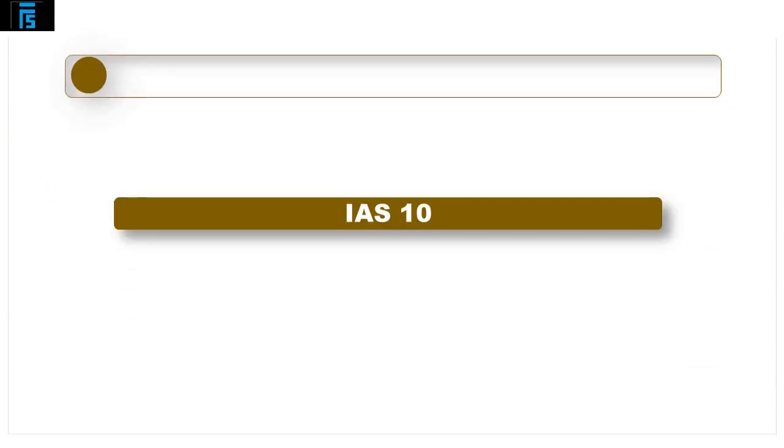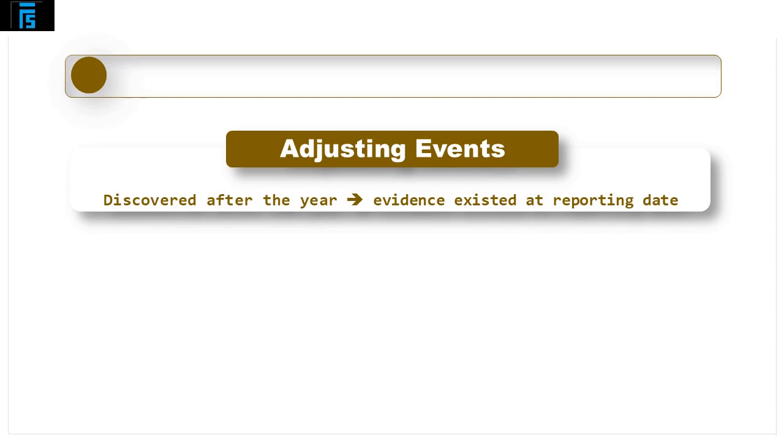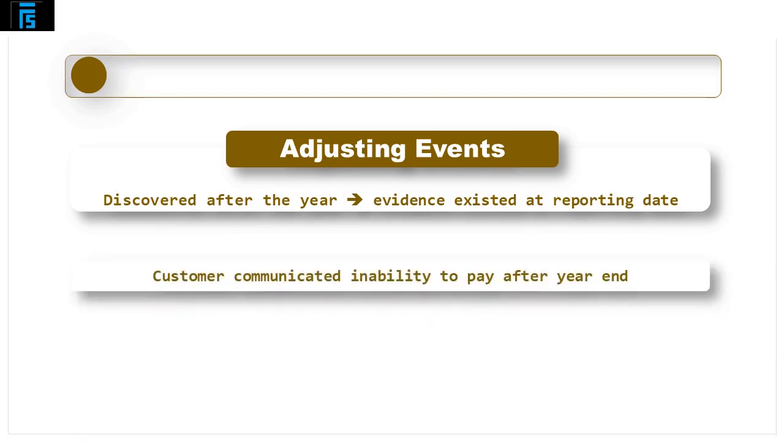IAS 10 states that there are two types of events that occur after the reporting period. They are either adjusting or non-adjusting. The definition of adjusting events are events that may have been discovered after the year, but where there is evidence that the conditions actually existed at the reporting date. An example would be a receivable customer that has communicated their inability to pay after the year end. It is unlikely that their inability to pay happened overnight. They were unable to pay at the period end, but did not communicate this until after the year end. Therefore, the advice from the standard is to write off the debt as it should be an adjustment in the